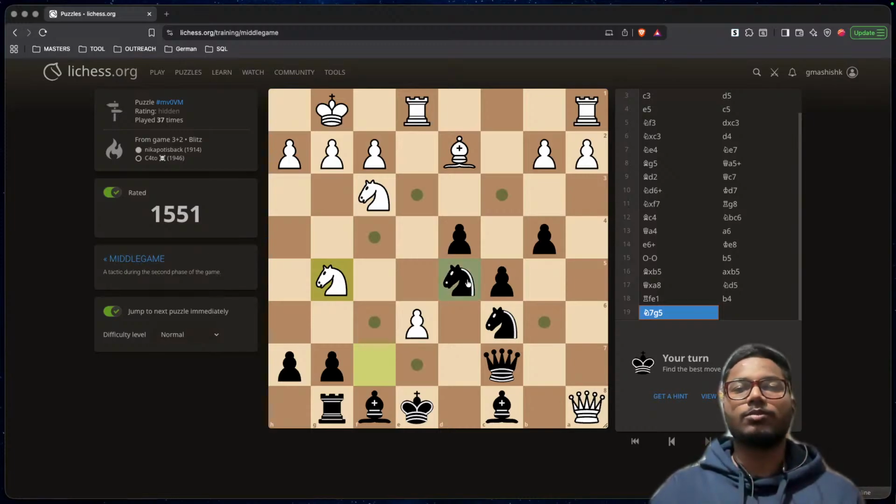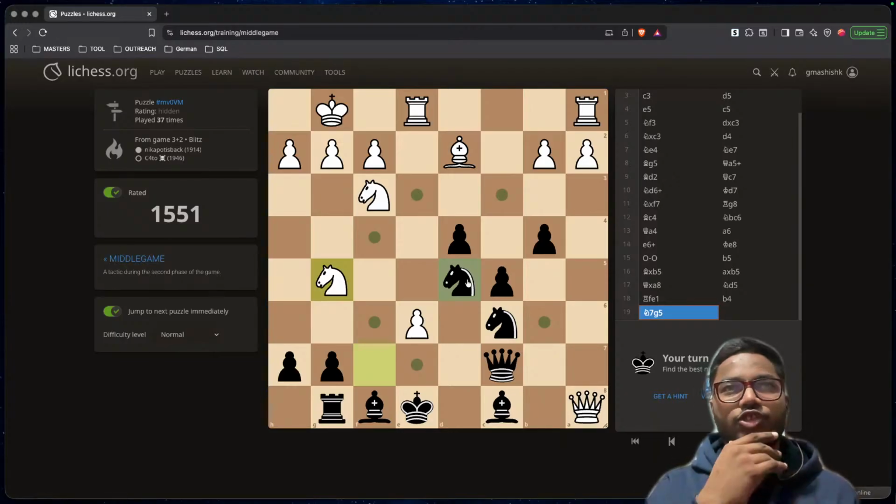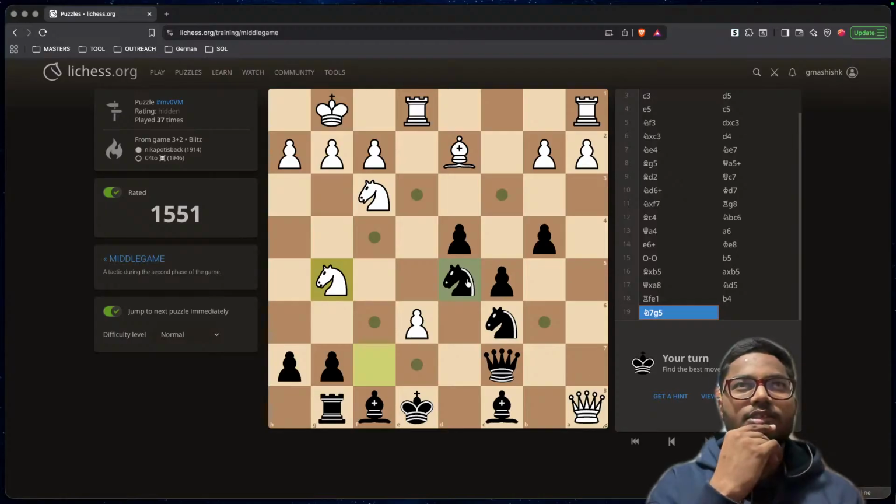First of all, I'm just a beginner in chess as well, so I don't know a lot of stuff, but I know the basics of chess. So we'll see what we can do better here. What are the best ways?